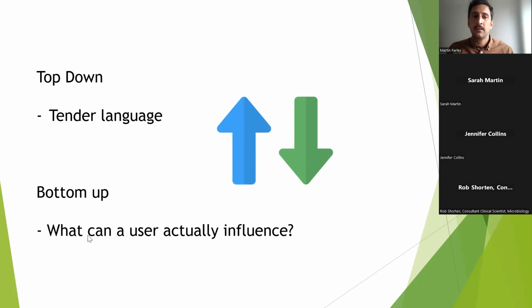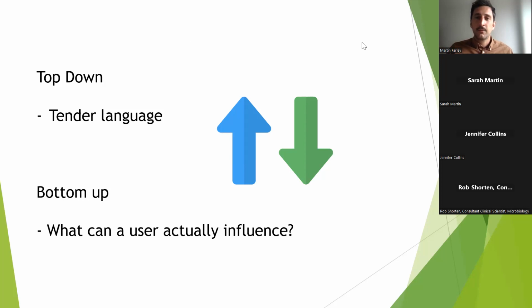And one is what a user can actually influence, so what you decide to purchase. And I know that you're limited in some of these senses for this. So what I wanted to start by talking about was the tender language. Now, when our different trusts all do purchasing, we sometimes use different suppliers, sometimes we use the same. But within these tenders, these purchases, we put in language around different aspects. So, you know, quality, price, but we also put some language around sustainability.